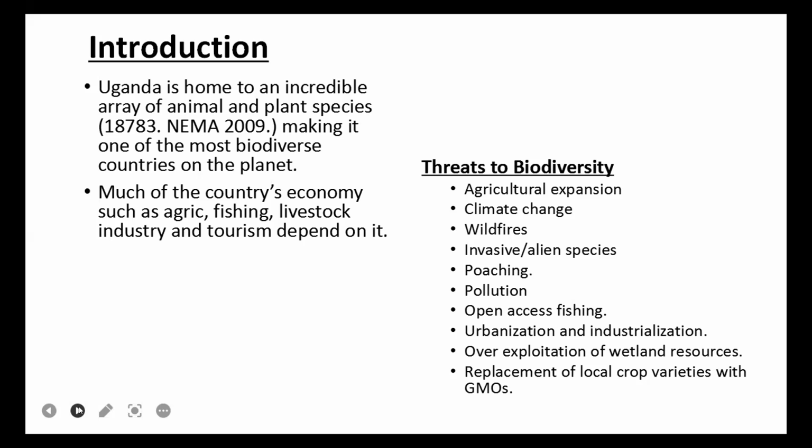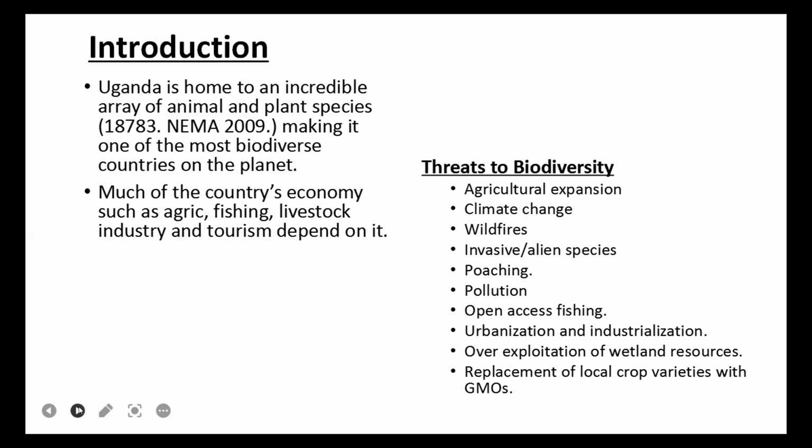Much of the country's economy, in the form of agriculture, fishing, livestock industry, and tourism, depends on it. We know this very well. By the crop production we produce and export and survive on, either on commercial or sustainable agriculture reserves. This also attracts tourism and gives us foreign exchange.